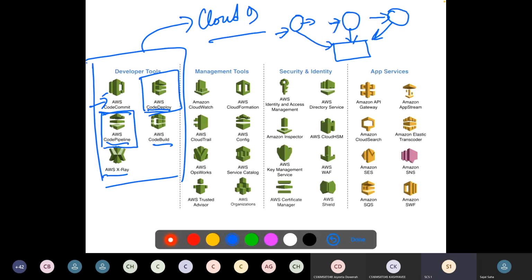And AWS X-ray is a very good application right now. This application has changed its name to Code Guru. AWS Code Guru. So basically it will check that, suppose your application is not running properly. There is a problem in your code. Problem means,